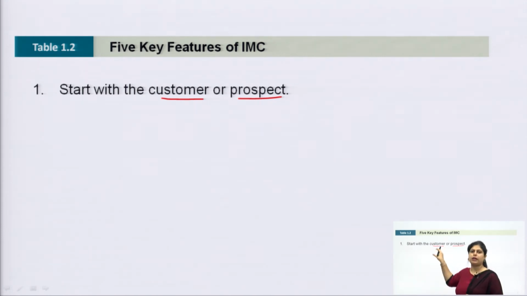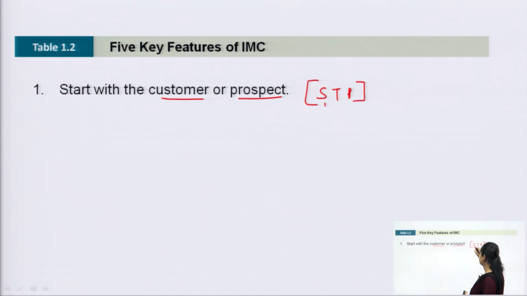So, we first try to understand who is the customer, who is the prospect, what kind of characteristics they are having, which particular segment they belong to, how they can be targeted, what are the right measures to position the product amongst them. So, with the STP approach, segmenting, targeting, positioning approach, where we select the set of customers for our product,